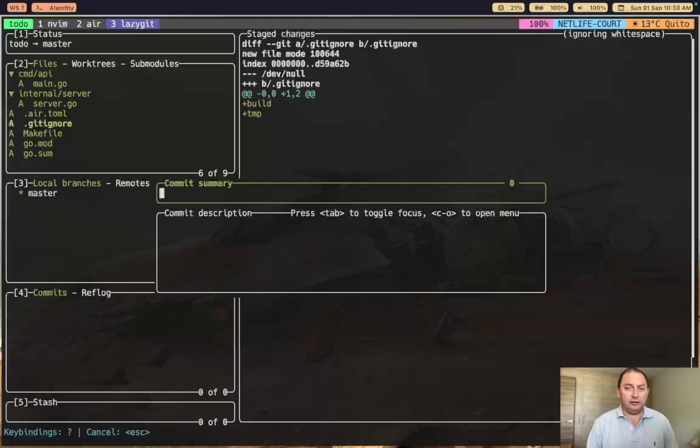and now I'm going to press C to write my commit message. So here I'm going to say this is going to be the initial commit, and I like to sometimes give it a description when the commit message is not that descriptive. I like to extend myself on the description a little bit more. So here I'm going to say this is to initialize the application using the Chi router,